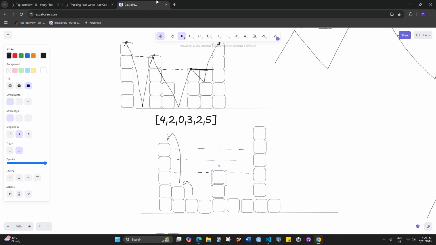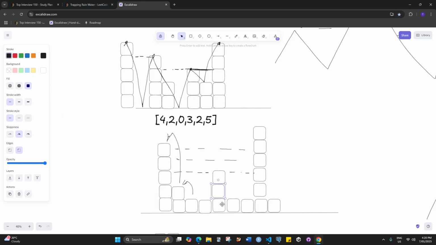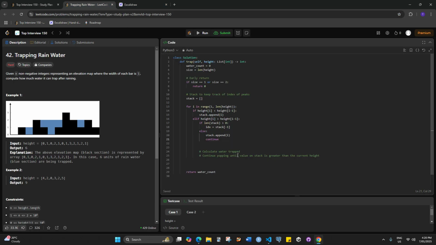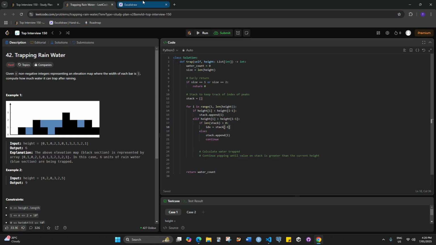But if this was the start, then we won't have anything on the stack. So if length is equal to 0, then we can just append to the stack and continue, because there's no way the rainwater would drop on. Else, if it was in a situation like this, for the first time height,